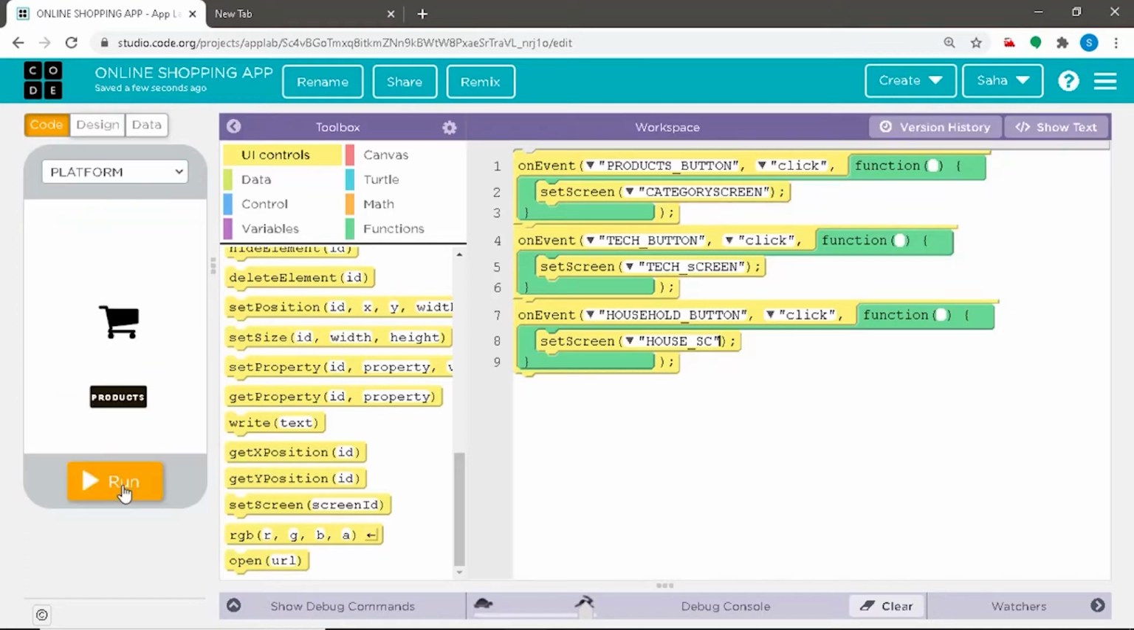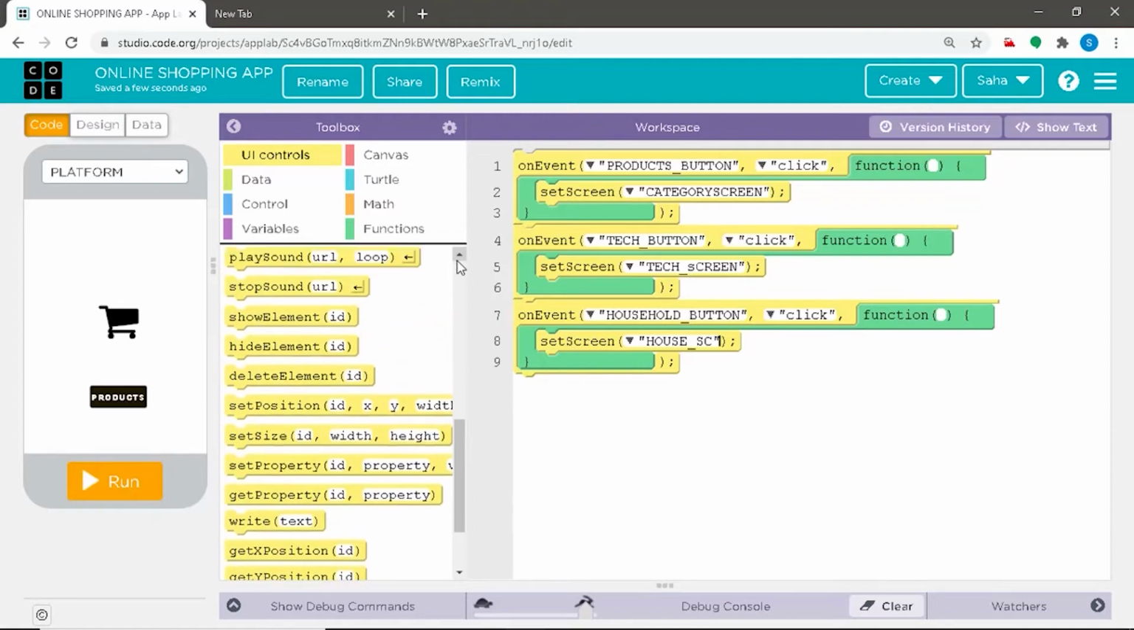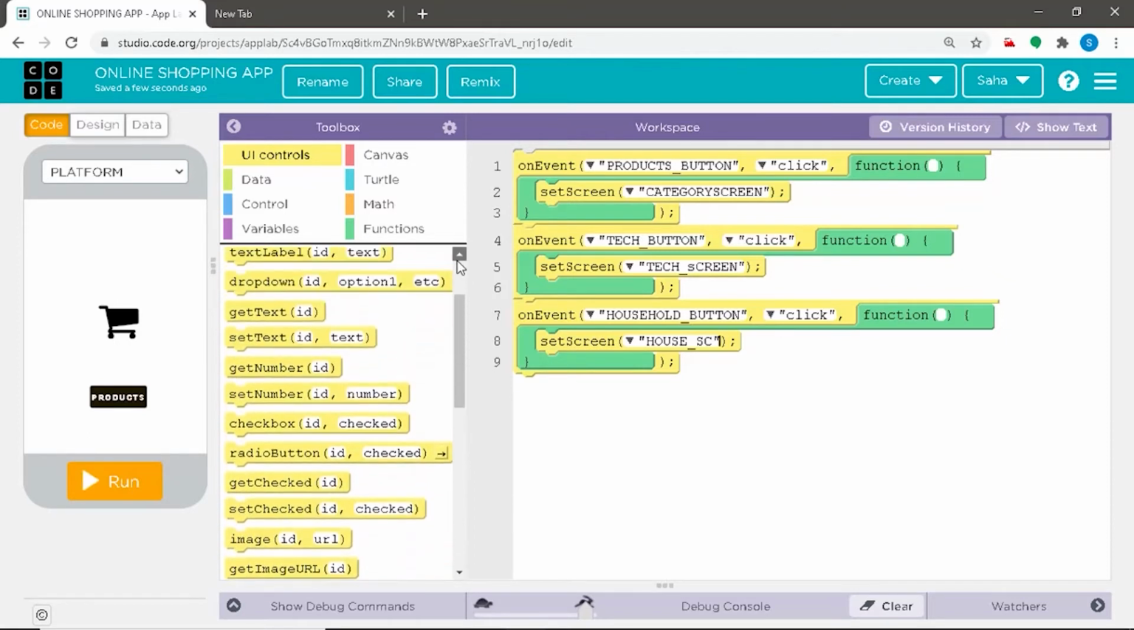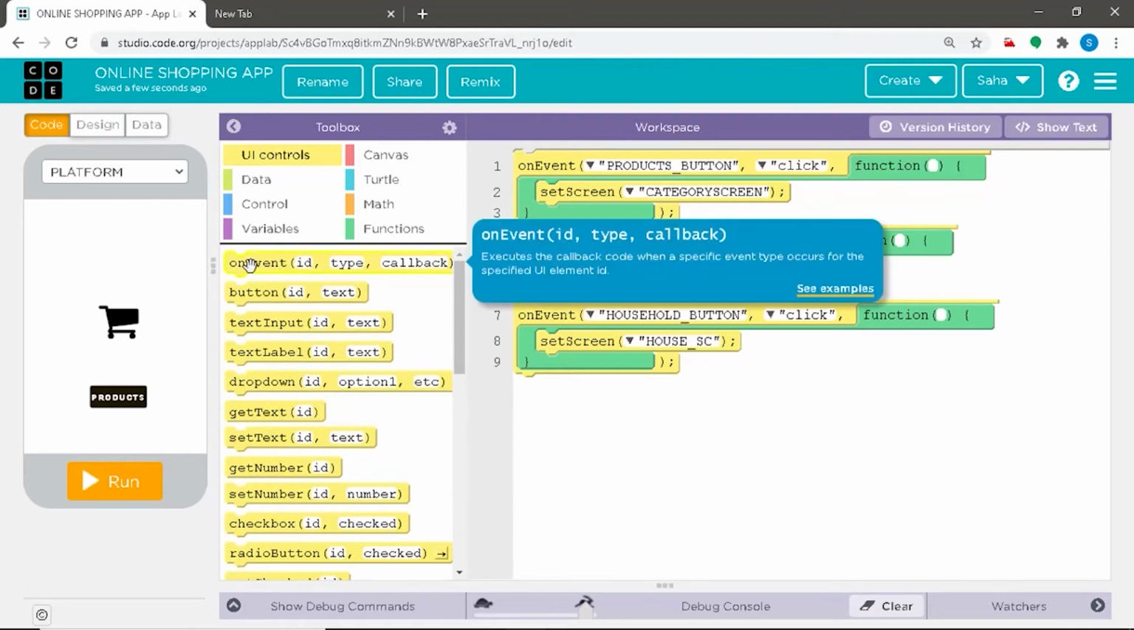So now we shall be defining the further elements, that is on the technology screen, which we have now arrived at by clicking on the tech button. There are 2 options of laptop and camera. So we shall now be defining those. So for this, again, since each of the buttons creates a different event, we shall drag the on events command, assemble it in our script,